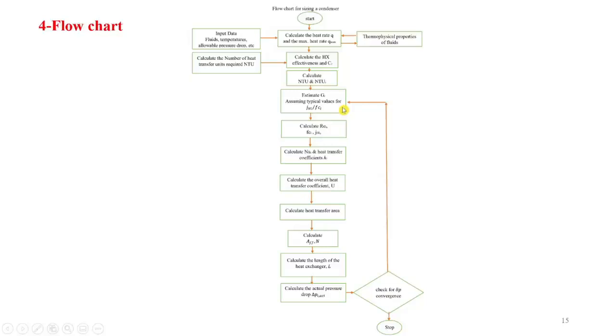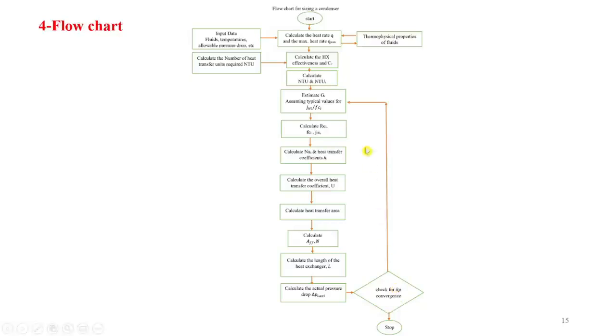calculate another value for G using the same previous values that you found for the length of the heat exchanger, the friction factor, and so forth. So actually the process of going back to calculate a new G is basically based on the tolerance between delta P actual and delta P